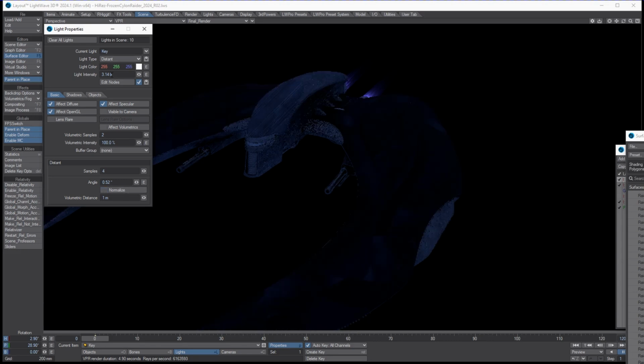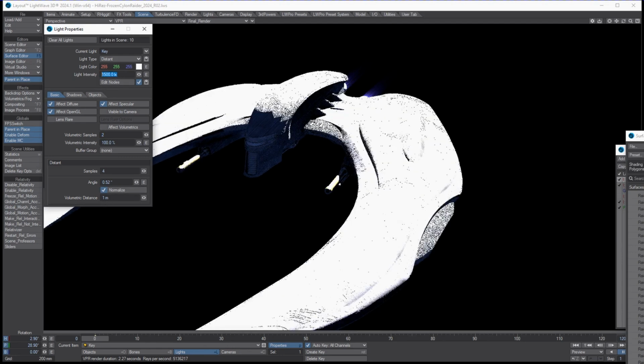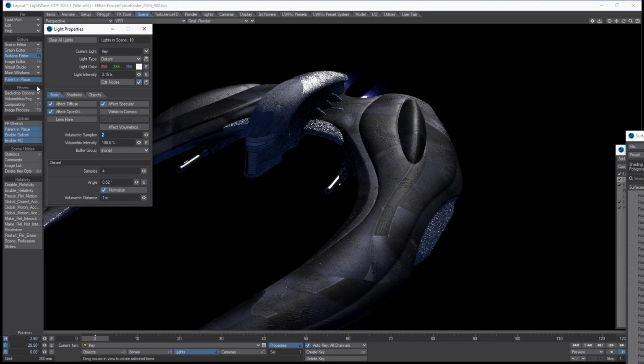If you turn normalize off, you're going to find that the light intensity, which is in lux, will have to be increased significantly by very, very large orders of magnitude, like 1500% or 1500 lux, before it'll actually start to impact surfaces. So using normalizing on lights, if you're working with very minimal ranges that are like sensible, is the way to go. Otherwise, if you have a special case purpose, you're going to want to work with normalize